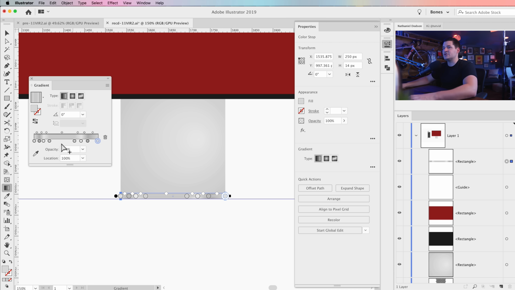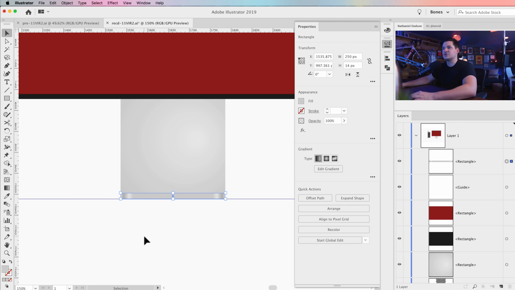Okay, now what we need to do is we need to position these guys correctly. They actually aren't too bad now, but we can make them a little bit more perfect. So I'm going to say my second one needs to be 3% from both ends, so 3% on one side and 97% on the other. The second one needs to be 8%, so I'm going to say 8% on this side and a good old 92% on the other. And then for the third one, we're going to go with like 12, I guess. Let's try to punch in 12. There we go. And then on the other side, that, of course, would be an 88. And I'm going to close out my gradient